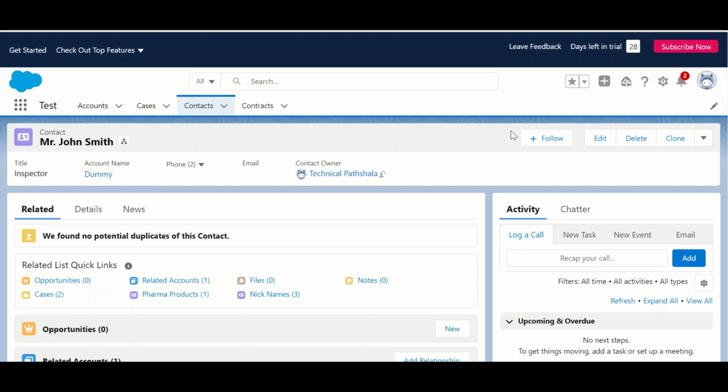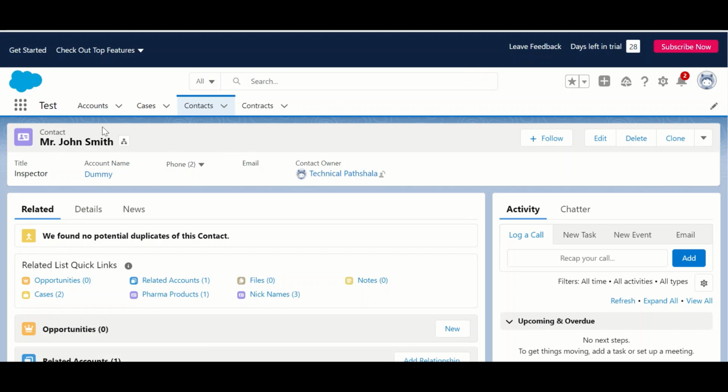In this video, we will learn about roll-up summary field. So, in roll-up summary field, we roll up the detail object into the parent object. So, we can show the summary of detail object in parent object like count of detail object records, sum, maximum and minimum field values in child records. So, we will understand this with the requirement.